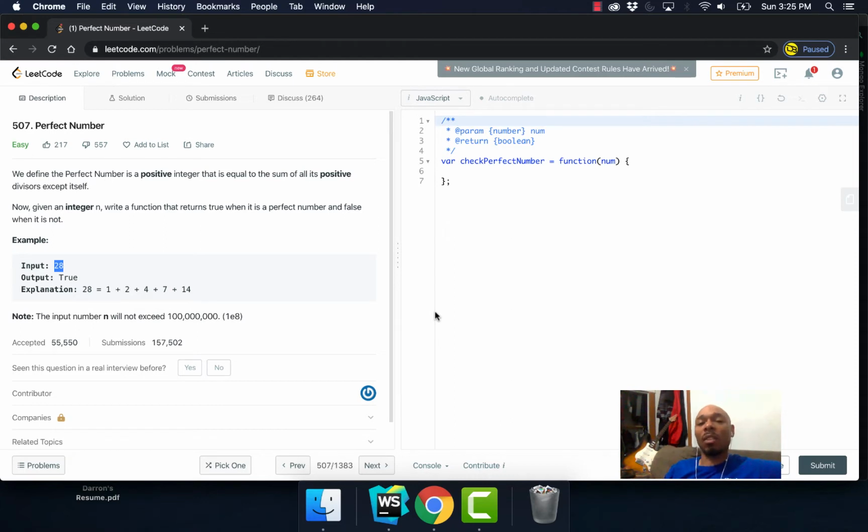In this video, we're going to tackle the perfect number algorithm. You can check out a link in the description if you want to follow along. If not, just listen. We define a perfect number as a positive integer that is equal to the sum of all its positive divisors except itself. Now, given an integer n, write a function that returns true when it's a perfect number and false when it's not